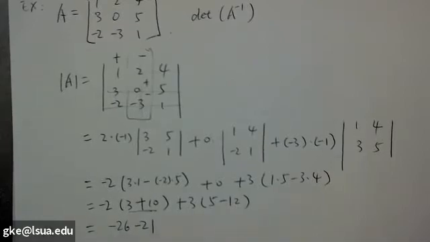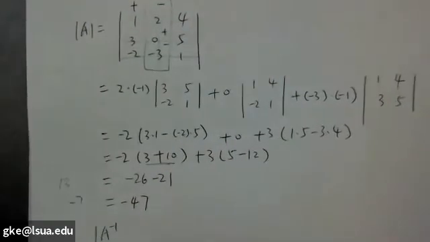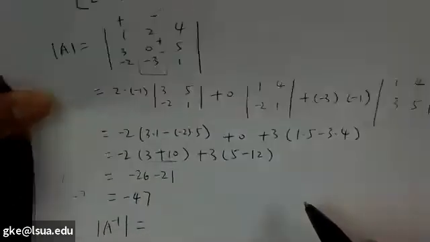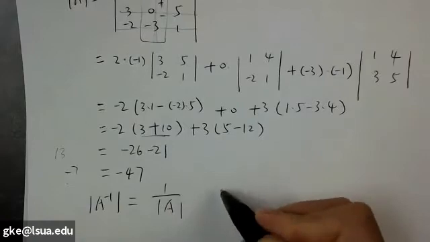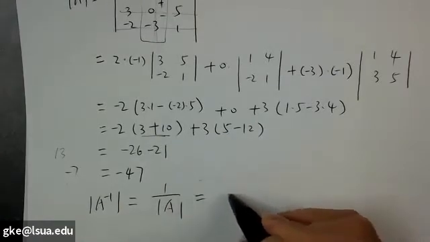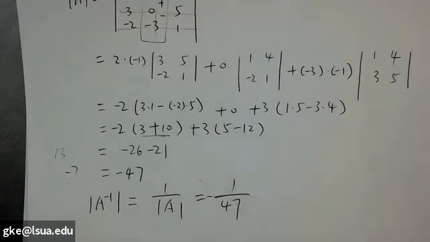So it's negative 47. Did you get the same answer? Yeah. Oh, okay, that's wrong. So I make a mistake. And negative 47. Good job, guys. I made a mistake. Okay, so the determinant of this guy gonna be 1 over a negative 1 over 47. That's it. Okay. So today I'm gonna